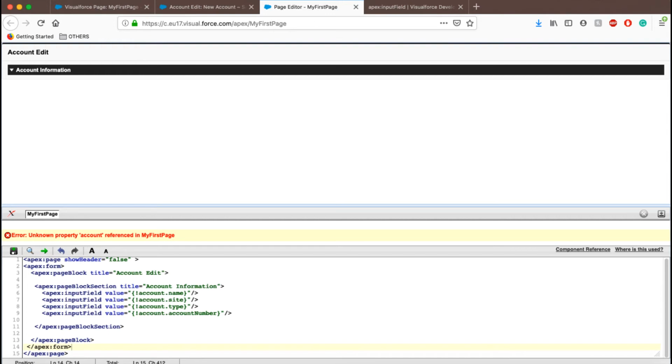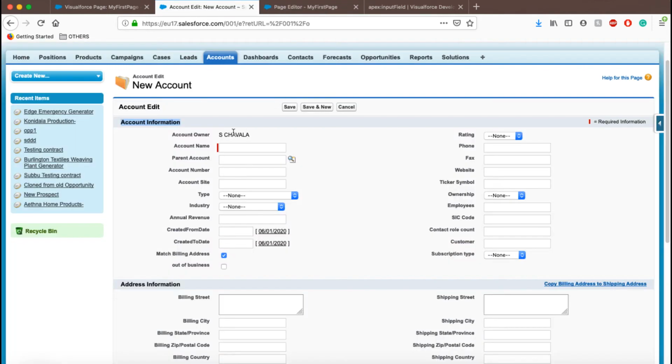Here the requirement is just to keep 2 or 3 input fields and a save button on the account object. That means we already have some input fields and a save button available in the account object. We are applying our requirement on a standard object, so we don't need to write any custom Apex class.